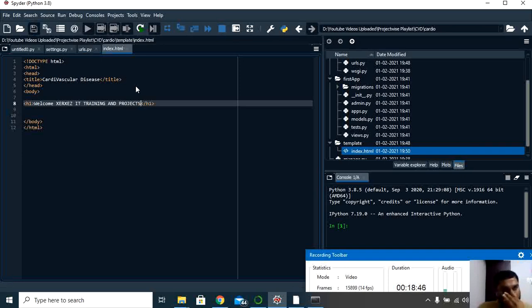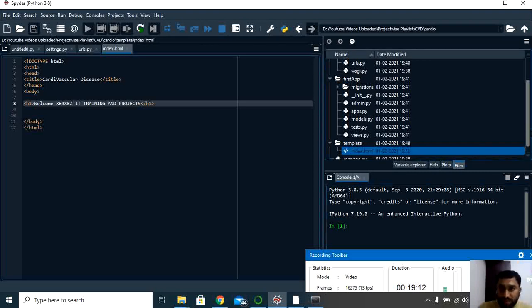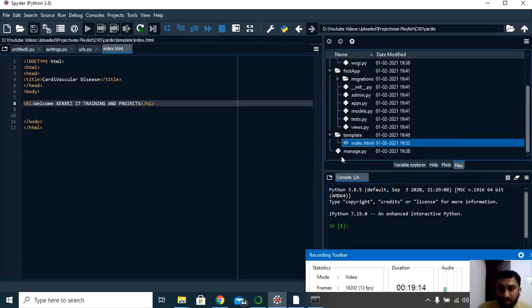Sure, copy. Next, if you want to run this, we have to go to the Anaconda Navigator here. Sorry, Anaconda prompt. Next, run python manage.py. manage.py is nothing but my main file here. Have a look on this. You can check here: if you go to Spyder, we have one file called manage.py, which is the main file. All the executions start from this particular file.